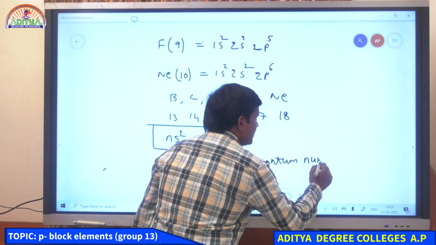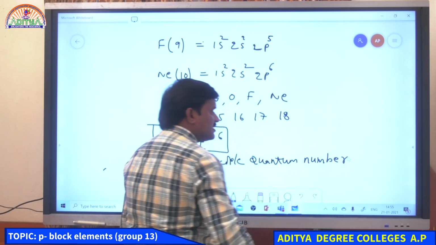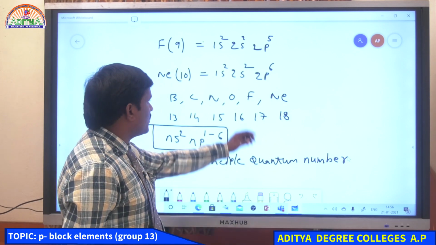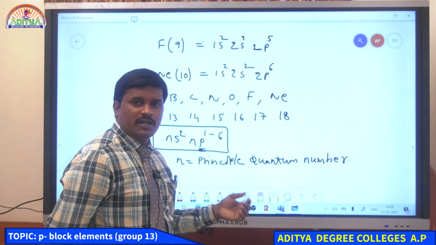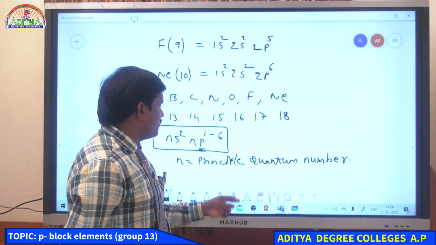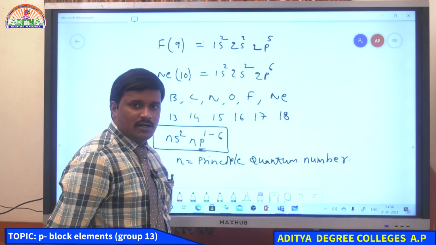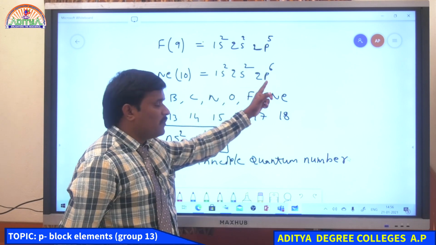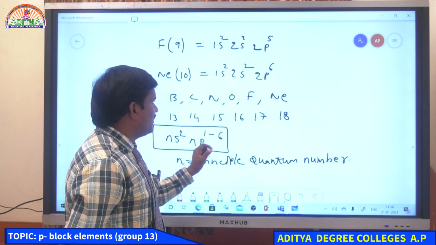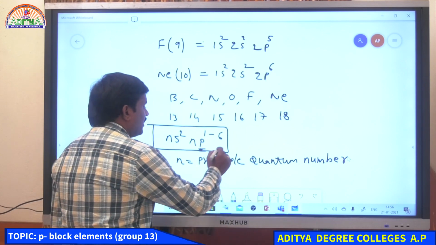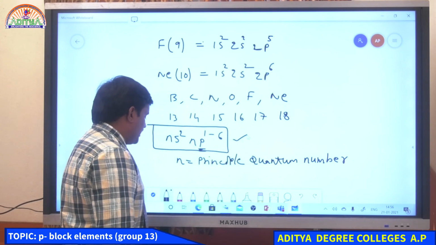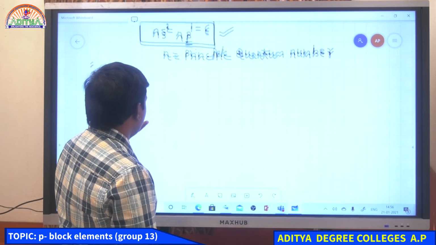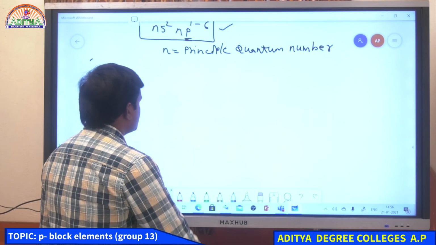So it explains the energy of the orbital. As the principal quantum number increases, the energy of the orbital also increases. So for boron, electronic configuration is 1s2, 2s2, 2p1. Therefore, electron is enter into p orbital, and for the last element, that is neon, configuration is 1s2, 2s2, 2p6. Therefore, here completely filled electrons. So if electron enters into p orbital, then it is a p block element. Now general electronic configuration is ns2 np6.